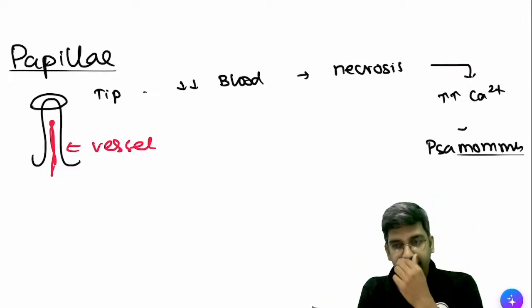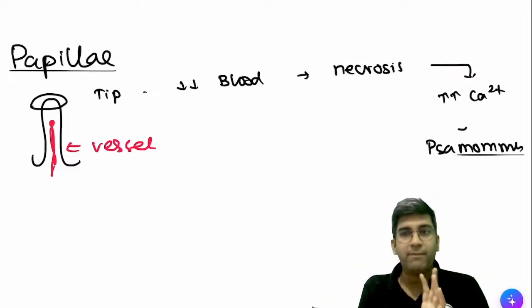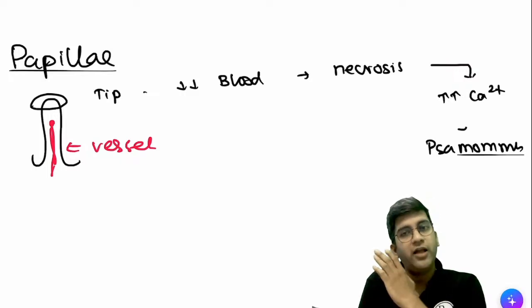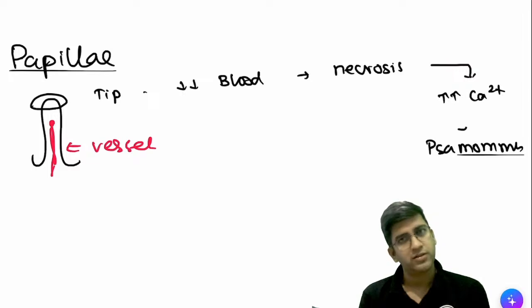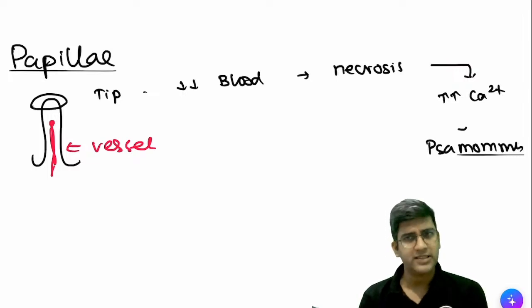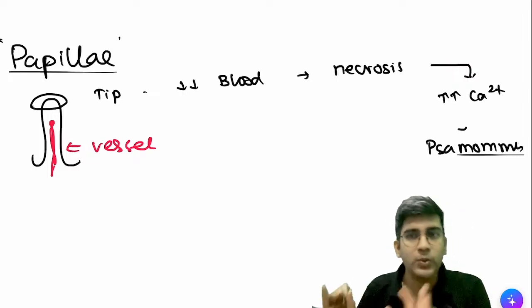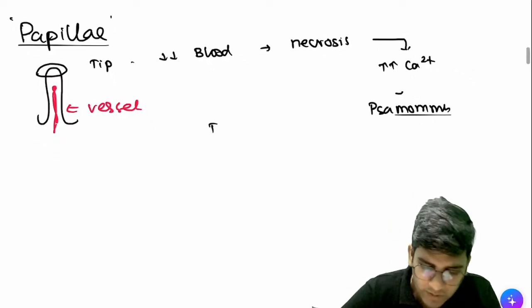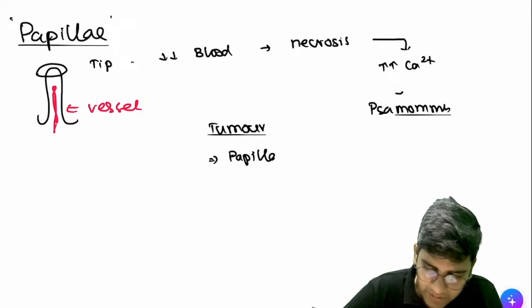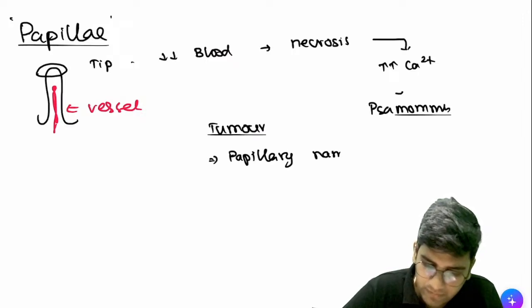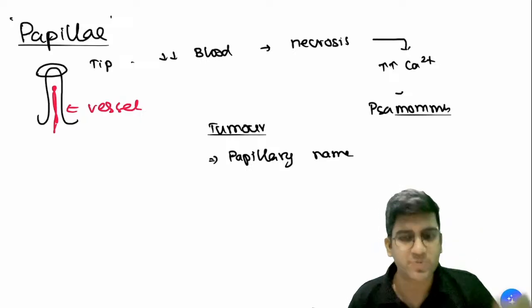So now tell me, is it seen only in papillary carcinoma thyroid or in any cancer which has papillae? Any cancer with papillae, right? Papillary carcinoma breast, papillary carcinoma kidney, yes, right? So any cancer which has papillae will have Psammoma bodies. That's all, right? So for tumors where Psammoma bodies are seen, there are two things I want you to remember. Tumors with papillary in the name. If the tumor has papillary in the name, it will have Psammoma bodies by default.